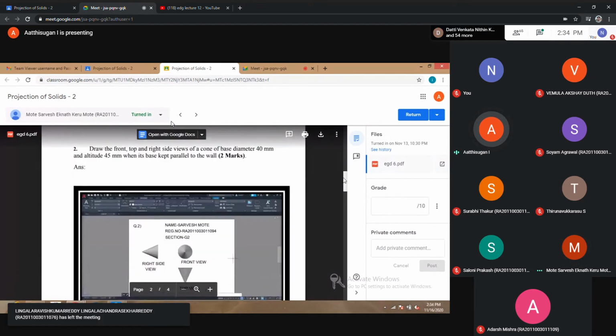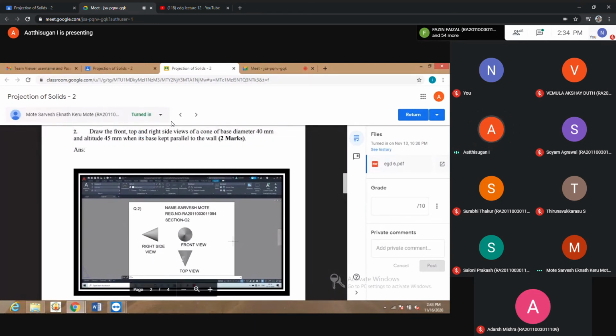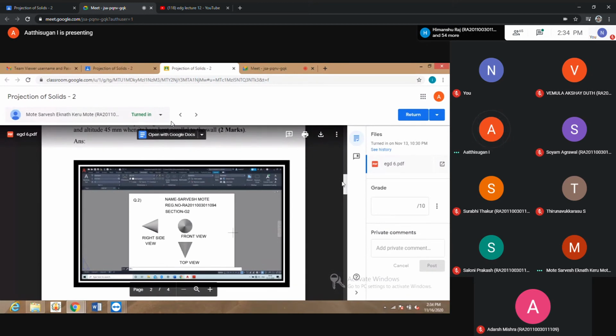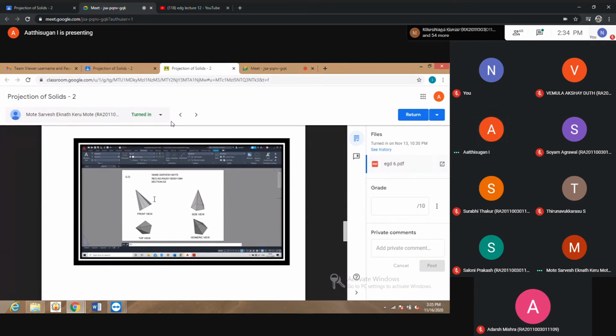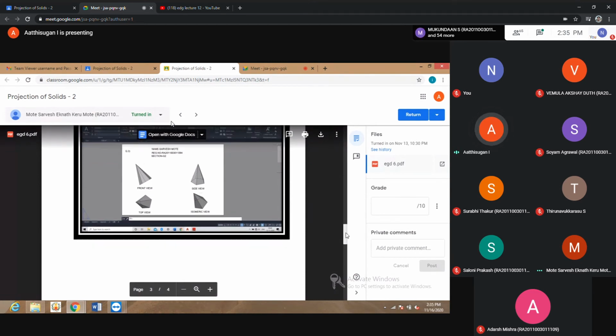Then one more thing. Second question, no dimensions. Even in the front view and top view, no dimensions. The axis height is given as well as the base diameter, so for that also give at least any two dimensions. So the main thing is the number of dimensions you have to give. For this question no dimensions, and here also there are no dimensions. So the 20 mm height should be given as 20 mm. Sarvesh? Yes, sir, I'll give. Okay, at least give the 20 mm height, then the axis height you can give. The answer is correct, but only the dimensions are missing.